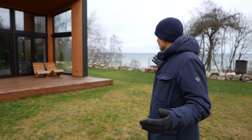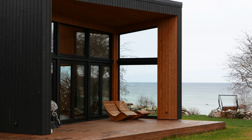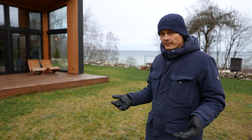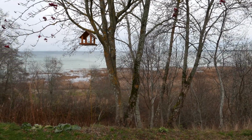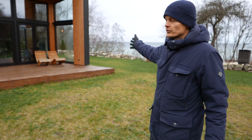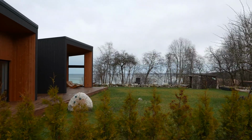Because of the sea view, you will see on the terrace like an extra window. At first glance, we wanted to put the house with all the front looking at the sea. But actually, the sea has one problem, and it's the wind. So it's quite windy. And with this kind of solution, we were able to cut the wind. So you can still use the terrace in windy weather because it has this longer wall in between the terrace and